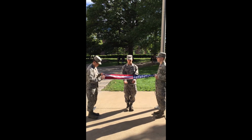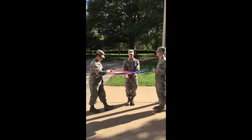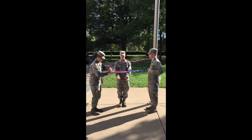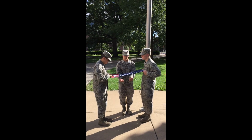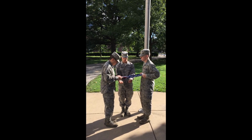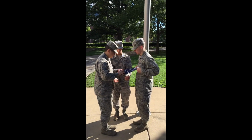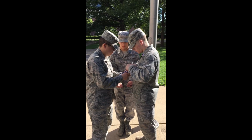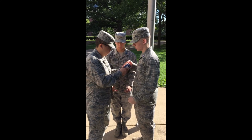After this, the commander will fold the flag in triangles with a cheater fold to begin the folding of the flag. The commander will continue to fold in triangles until he comes to the end of the flag, and it will be tucked in. The key bearer continues to move along to make sure that the flag is not dropped. Once the end of the flag is tucked in, the commander will thrust the flag into the arms of the